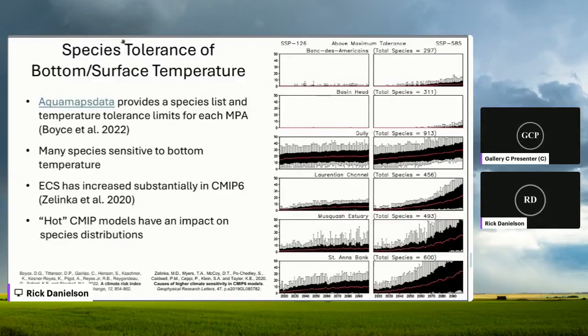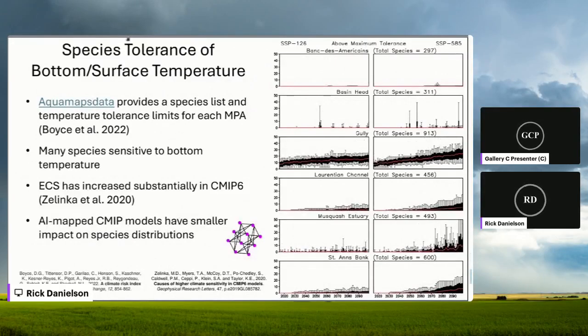So if the temperature was getting too hot for them, then we see these dramatic changes in the species that are presently expected or predicted to be in the MPA regions, but which would not be predicted to be there later. However, if we then insert our calibration, we get a reduction in that number, which